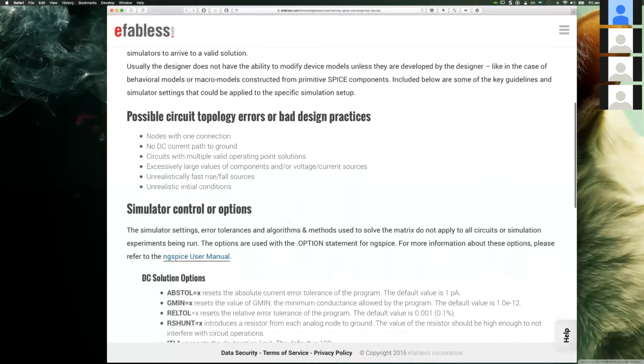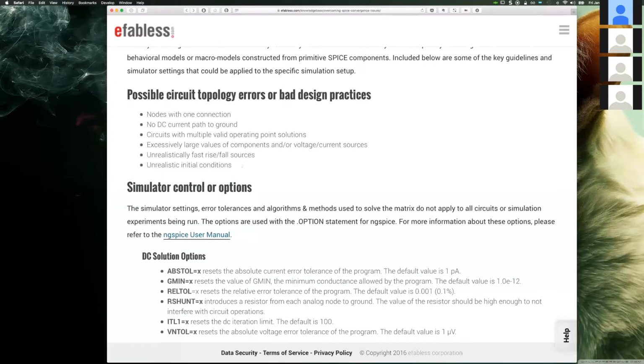Of course, having a very fast, unrealistic rise times and fall times. Some of them actually happen in some of the top level circuits with the supply. If you're doing a supply ramp, and the supply ramp is very fast, if you are doing that at a chip level, you will probably, depending on the type of ESD structures, you will trigger a high switching because of